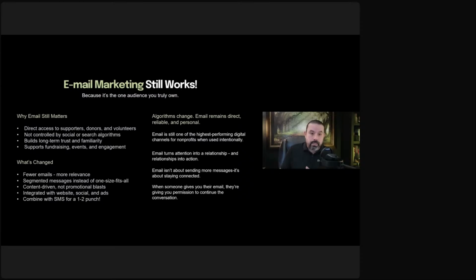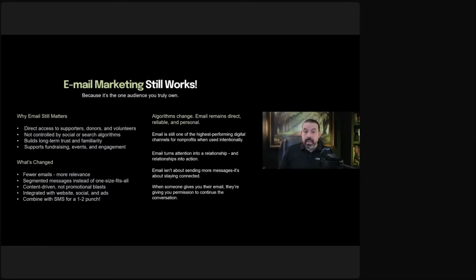Integrated with your website, social, and ads. In other words, there's one unified flow. Your email is a continued conversation from what you have on your website, social, and ads. So you're doing them all at once. You're blasting everything, right? That success story that you have, you post it to your website, post it on Facebook, you boost it into an ad, and you send it out by email all at once, and do a press release while you're at it.